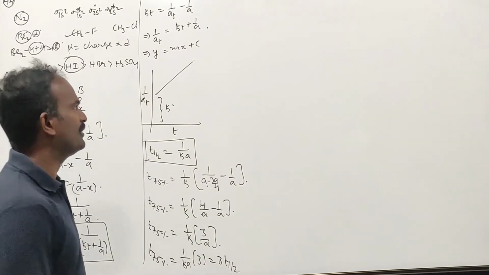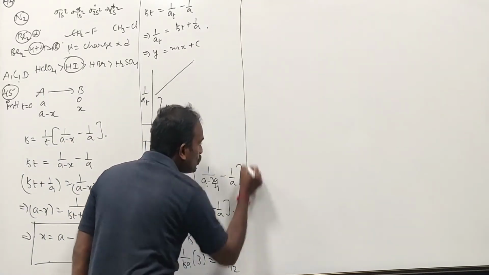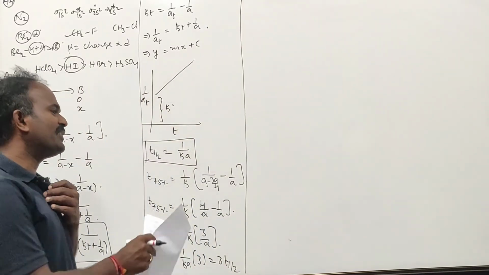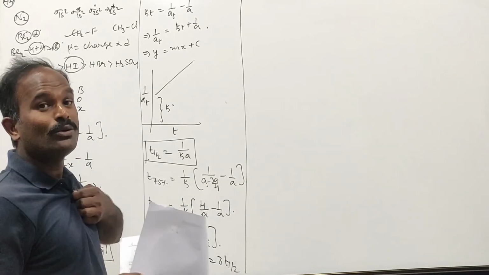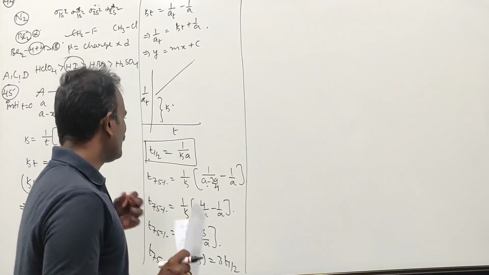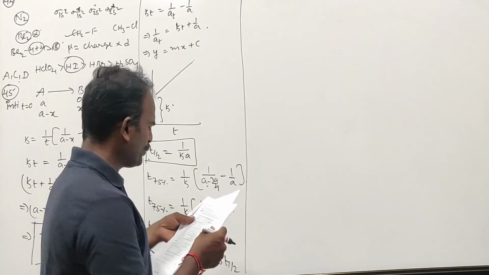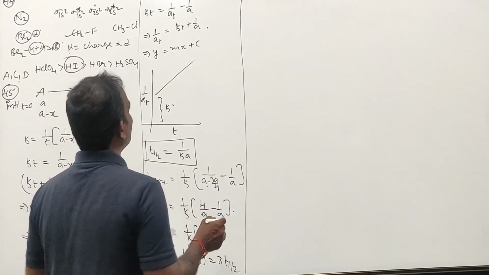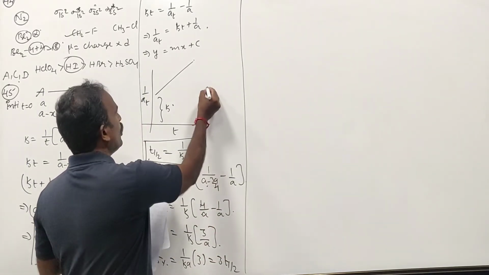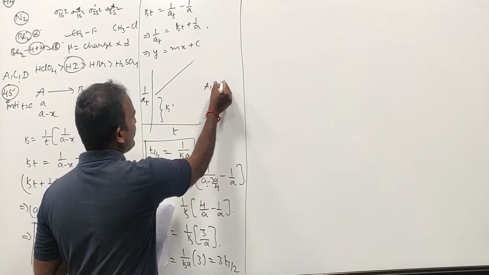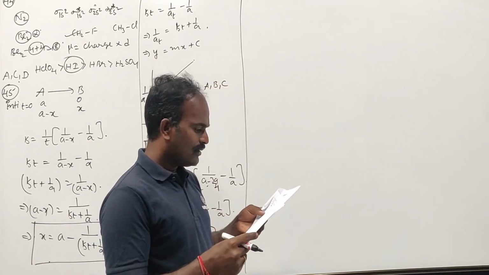For a first order reaction, t 75% equals 2 into t half, whereas for a second order reaction, 3 into t half. Don't forget this one. Take it as a result, or you can prove it, it's not at all a problem. Therefore, for question number 45, the options are going to be A, B and C. Next,